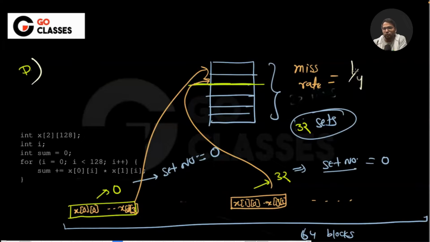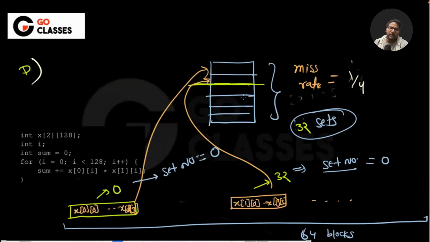Okay, so what's going to happen here? This is going to map to 0. This is again going to map to 0, right? So will this be the same, or will it decrease or increase? What do you think? Same, right? Okay, so 1 by 4 is the answer here also, because this will map to 0,